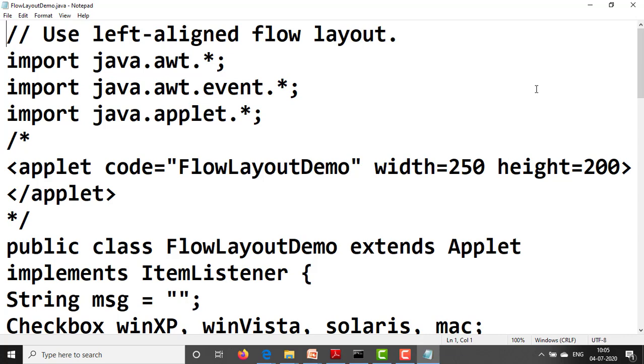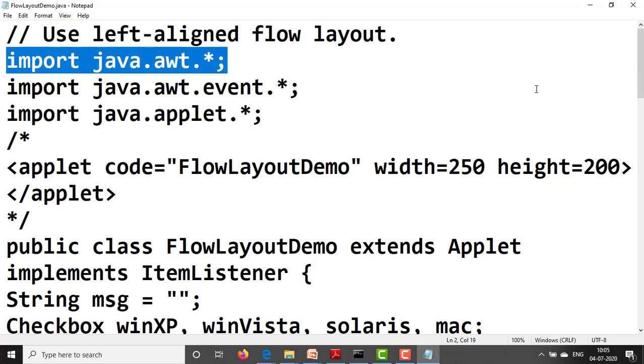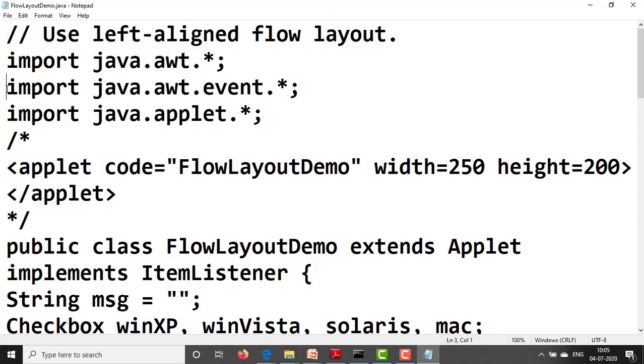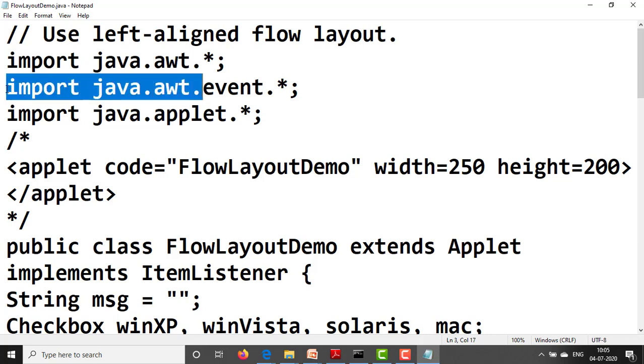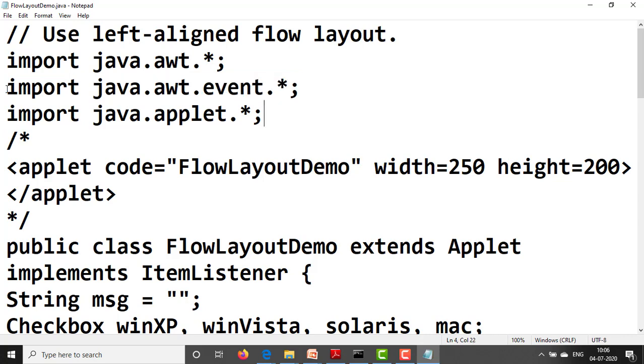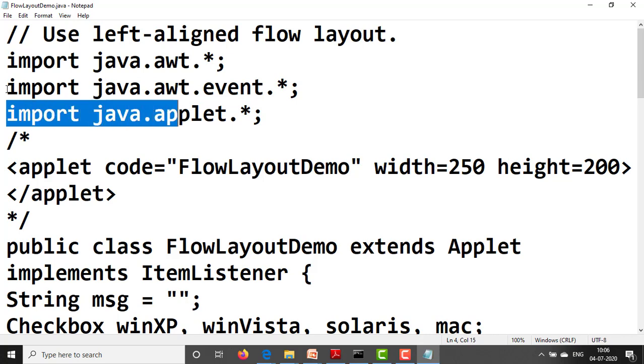First thing, we have imported java.awt.*, the awt package, which is responsible for graphical user interface elements and controls. Next, java.awt.event to handle the events. Next, import java.applet.*; for applet support.